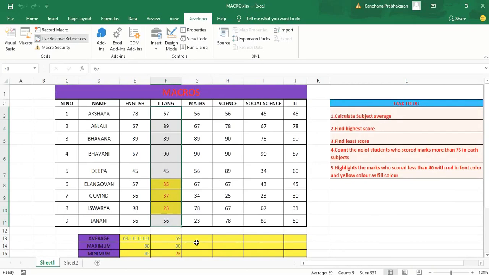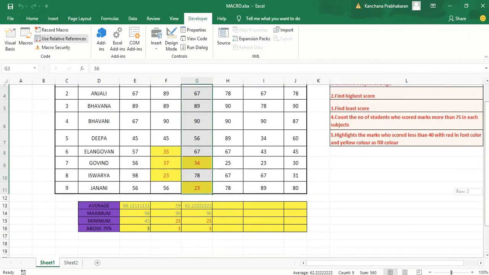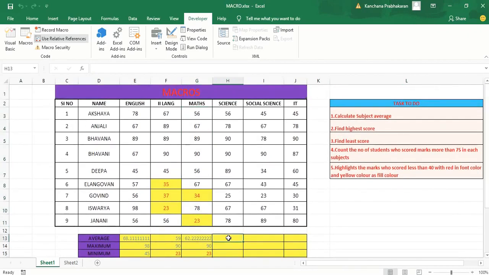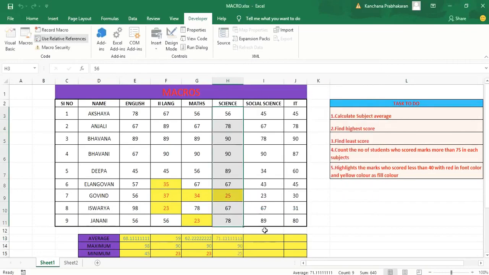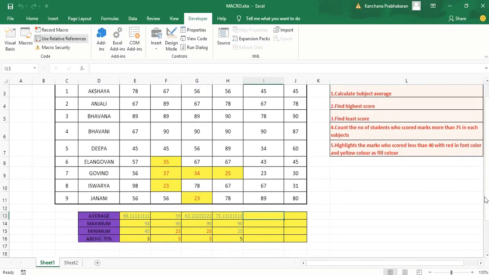Like this, I can create the formula for all the remaining cells also. So keep your cell pointer in the first cell in the list of marks. Then what is the shortcut key I have created? Ctrl plus Q. Simply you can press Ctrl plus Q. The formula will be applied automatically. Yes, children. Then keep your cell pointer in the first value. Then go to Macros, choose it, click the Run button. You can easily apply the formula to the remaining cells like this. What is the shortcut key I have created in macros? Ctrl plus Q.